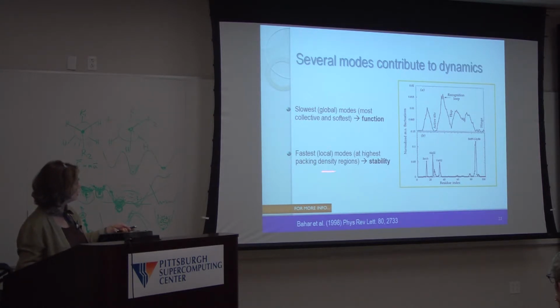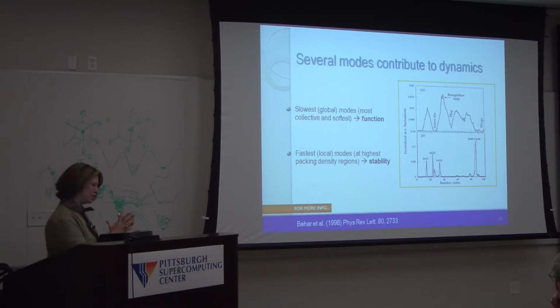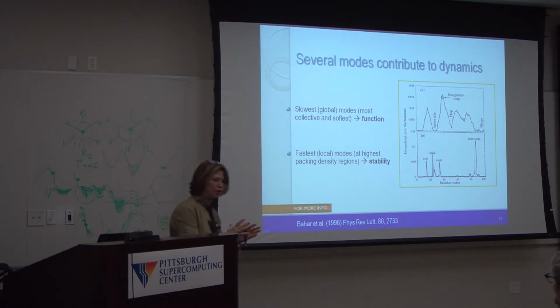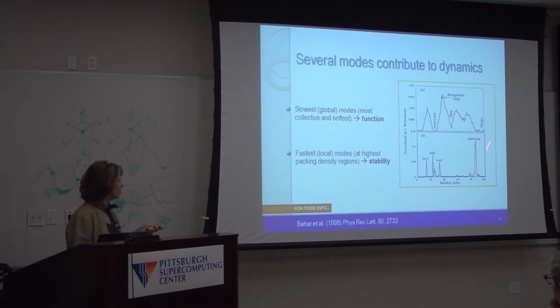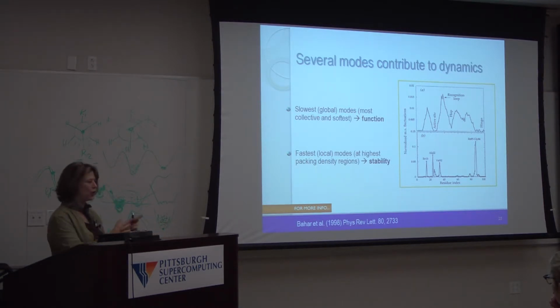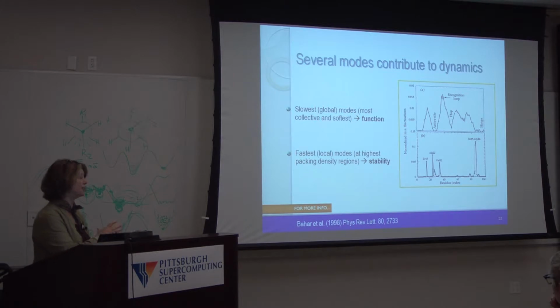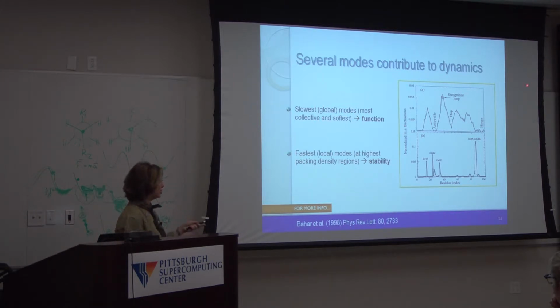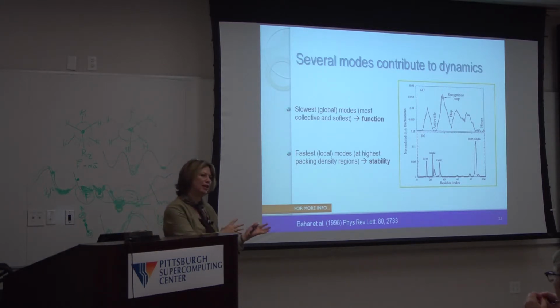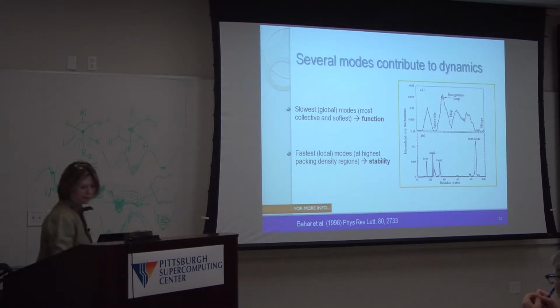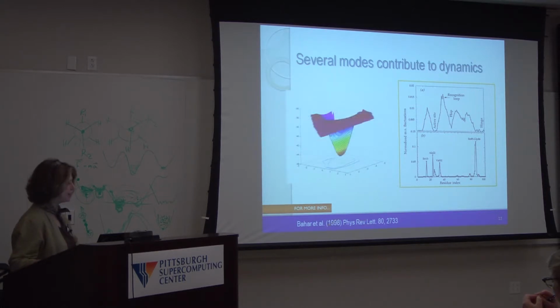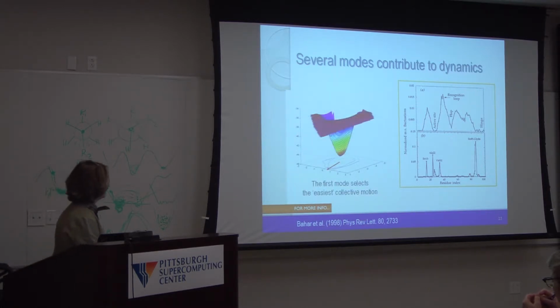And also we can look at the fastest modes, the other extreme end, where the peaks will refer to regions that are centers of high energy localization. So these are points you don't want to interfere with. And these usually serve as the folding nuclei, because they have accomplished such a tight packing that could not be accomplished at early stages of folding, unless it took place at early stages of folding. So